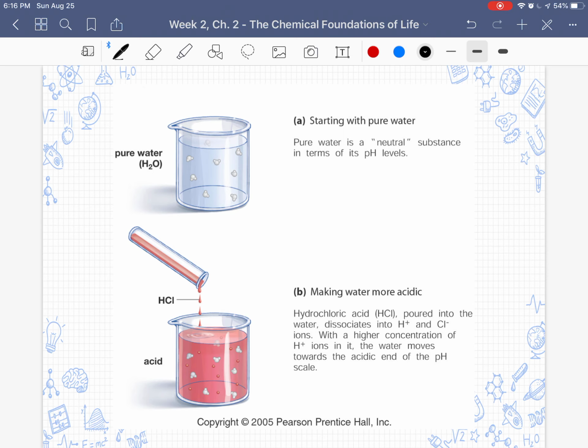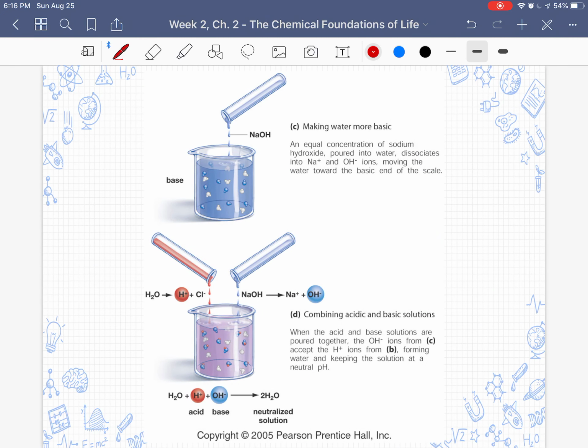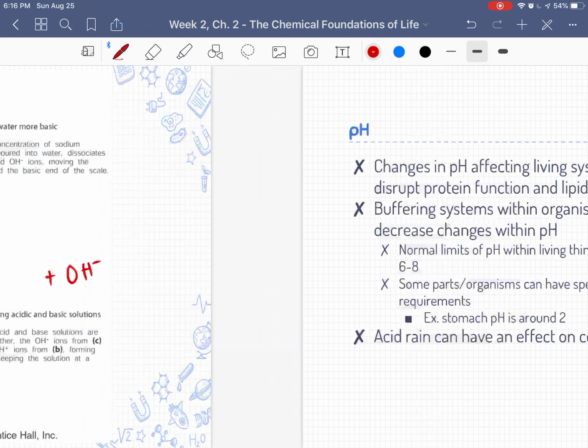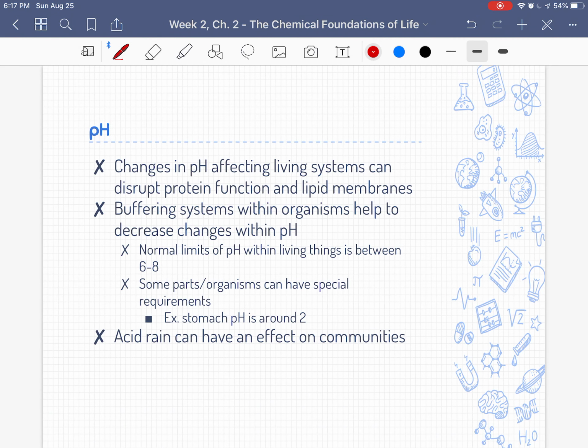All right. So if I'm making something more acidic, I am literally just adding hydrogen ions. And I'm doing that by adding acid. What will happen, like with HCl right here, is your hydrogens and your chlorines are going to break apart and you're going to add hydrogen ions to solution. If I want to make something more basic, I'm going to add hydroxide ions, and I'm going to add a base like sodium hydroxide that's going to break into hydroxide ions.